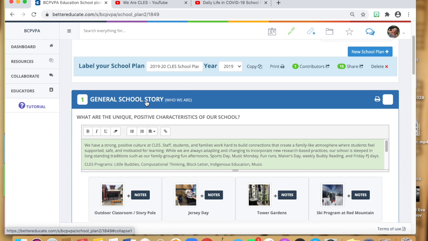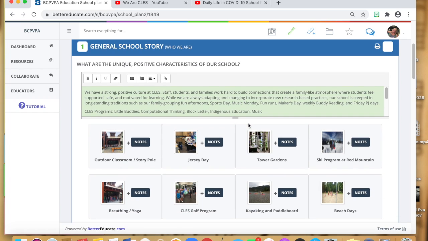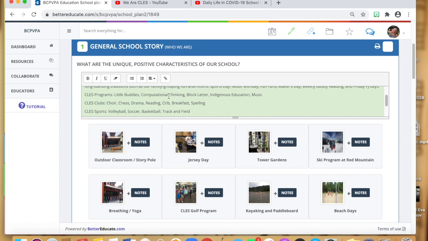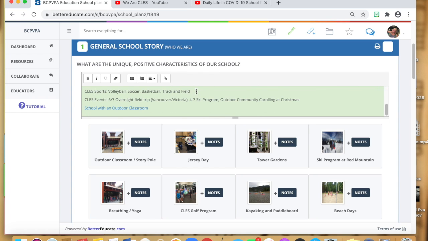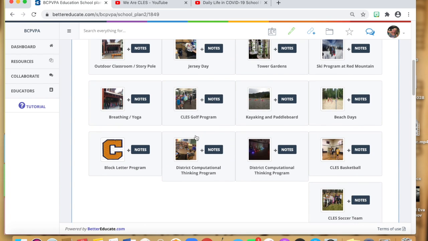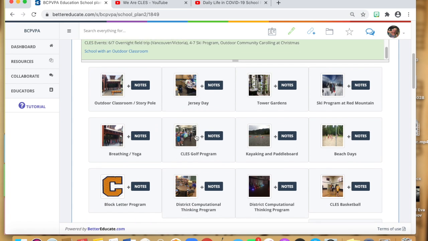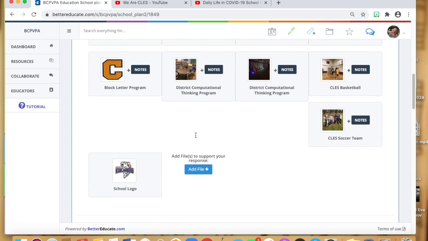So under each step of your plan, you've got questions, and then you've just got boxes where you can type in your answers. What are the unique positive characteristics of our school? And you can see you have the opportunity to add files in here. And I'm actually going to add right now